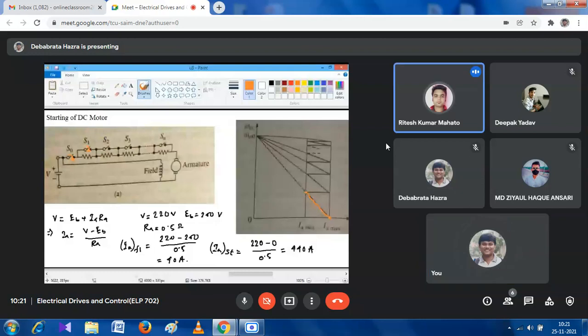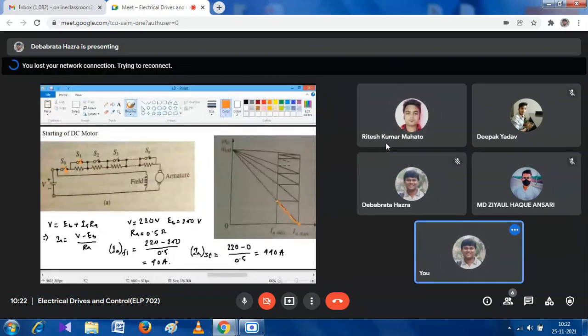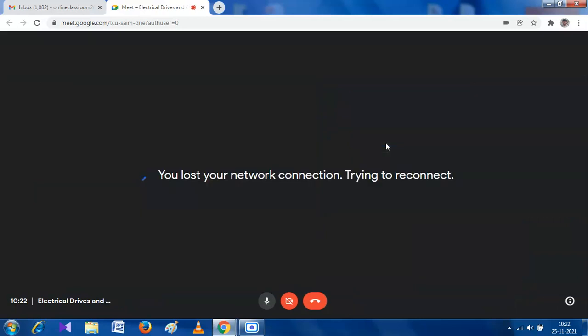At that instant, and after that, as the value of current is increased, the value of torque is also increased, and it will gradually decrease from I max to I min, because